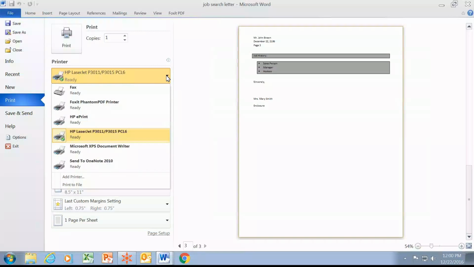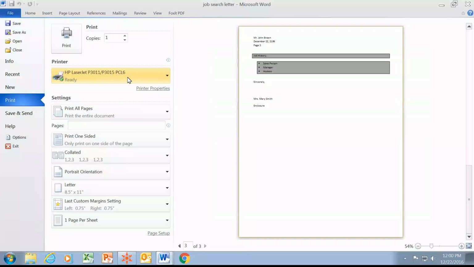So if I click my drop-down arrow, I have some different choices where I could print. Now I'm going to leave mine here at HP LaserJet. It's also very important to know that by default, you are printing 1 copy. If you wanted to, you could change that. So if maybe I need 5 copies, I could go ahead and change it to that. Now I can either use my up and down arrows, or I could simply type the number,